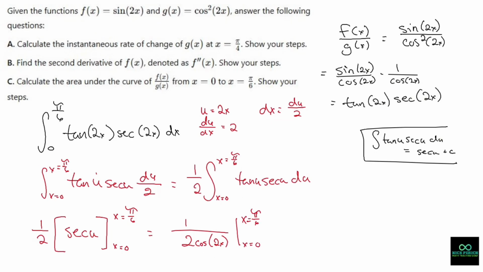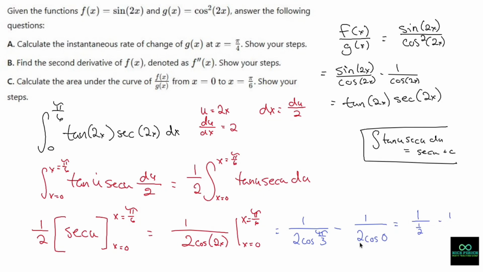Now I'm going to plug in pi over 6, so 1 over 2 cos of 2 times pi over 6, which is pi over 3, and I'm going to subtract me plugging in 0. 1 over 2 cos of 2 times 0, which is cos 0. Cosine of pi over 3 is 1/2, so you're 1 over 1/2, and cosine of 0 is 1, so minus 1 over,